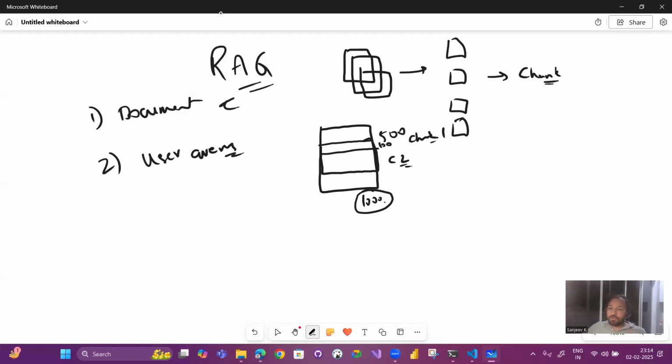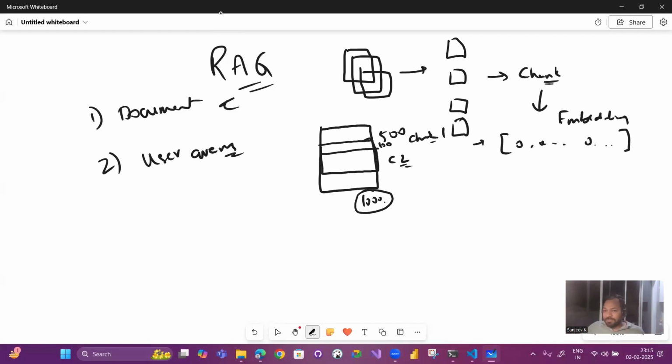After getting the chunks, we are going to send them to an embedding model. When we send them to the embedding model, the chunk is in plain English, whatever we have in a normal paragraph. Once it comes back from the embedding model, you will have a list of numbers which we cannot understand.